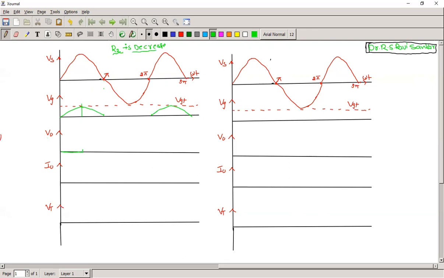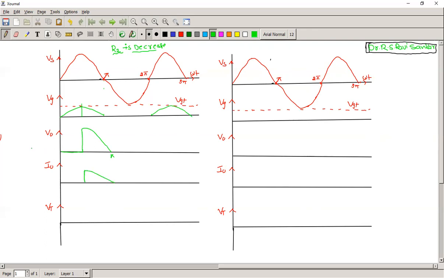At this instant, the SCR is on. Once the SCR is on, the output voltage follows the input voltage. Suddenly the voltage rises to the peak value, takes the same waveform and comes to 0 at angle pi. If we take the load as a resistive load, the current waveform is the same as the load voltage waveform, but the magnitude will be lesser.